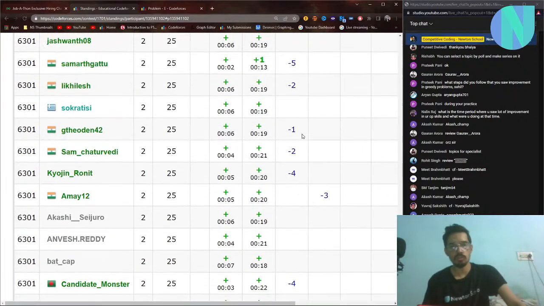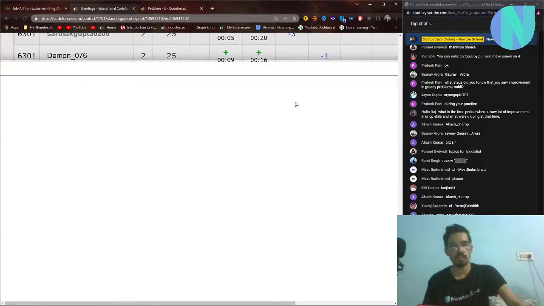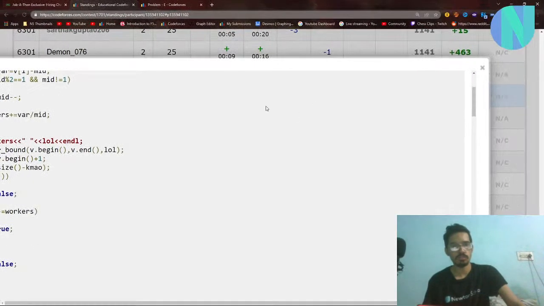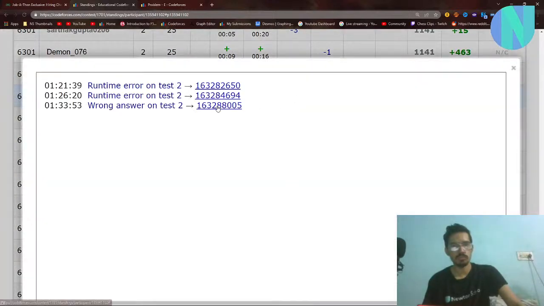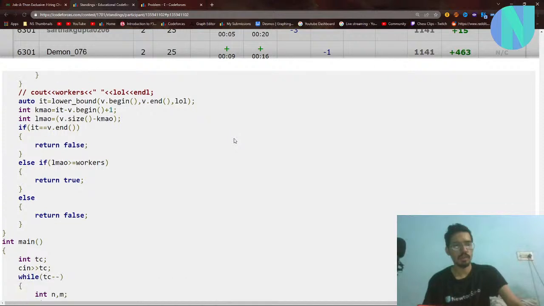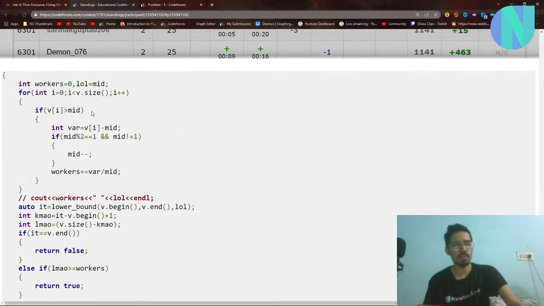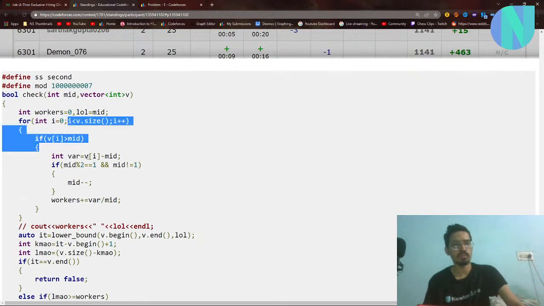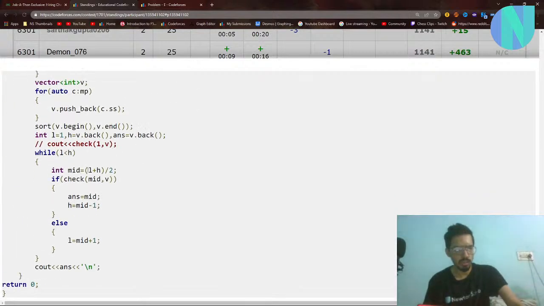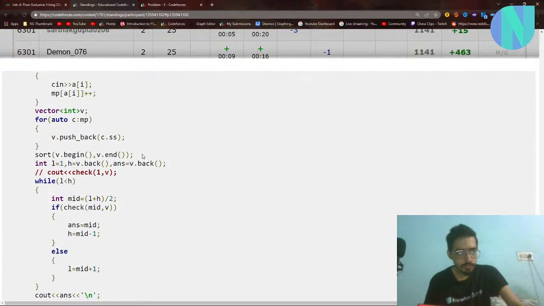So you are not able to solve problem C. So the same thing here. You must also be doing the greedy thing, I think. See, everybody who's using greedy was not able to solve the problem. Everybody is using greedy here. That's why they were not able to solve the problem. Or are you not using? You are using binary search. Why did you fail then?